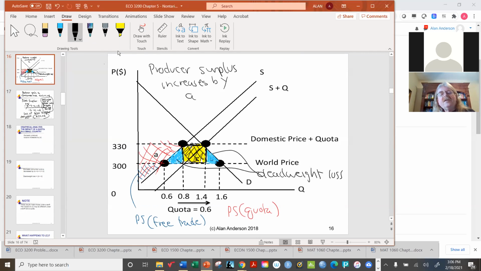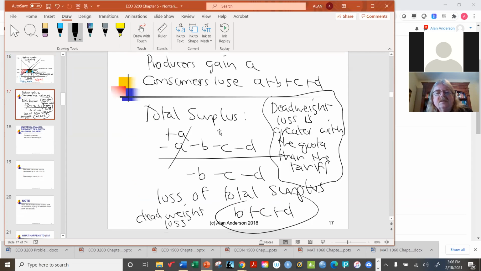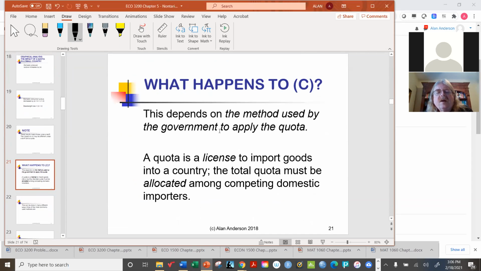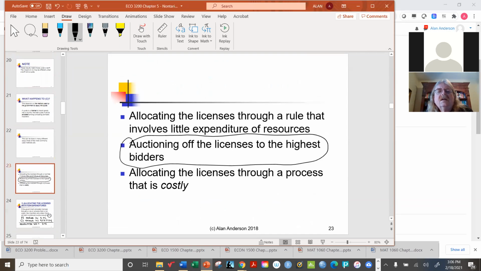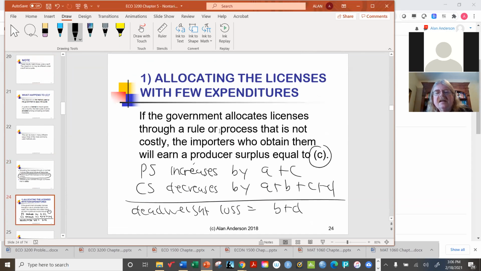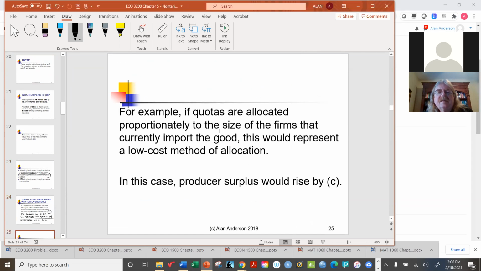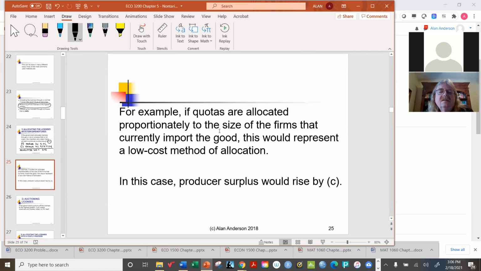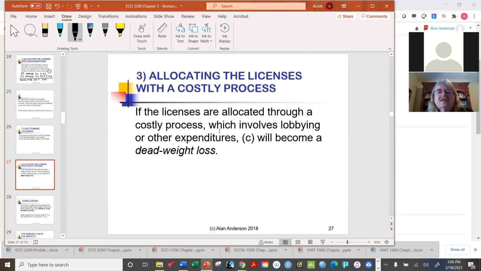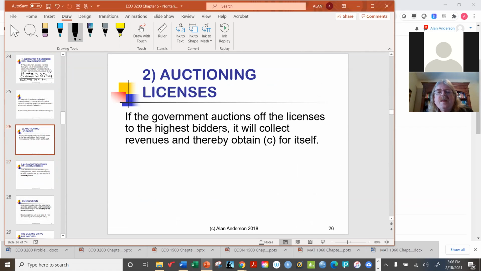But the yellow potentially at least could go into the pockets of somebody and help reduce the dead weight loss. As we saw, it's possible that with the proper allocation of the licenses, producers can at least capture that as producer surplus. But on the other hand, if there are licenses being auctioned off, then the government collects C, and so producer surplus rises by just A,